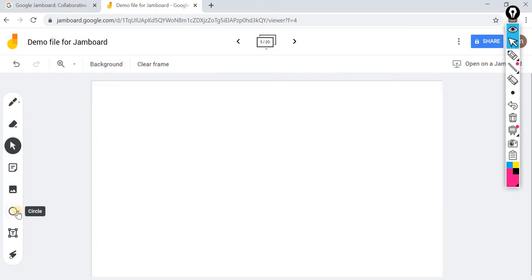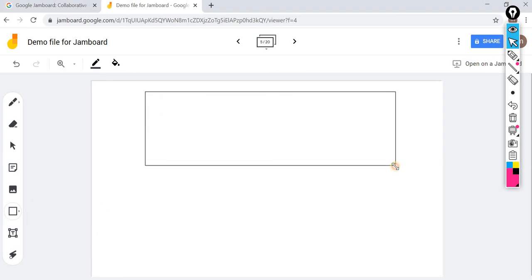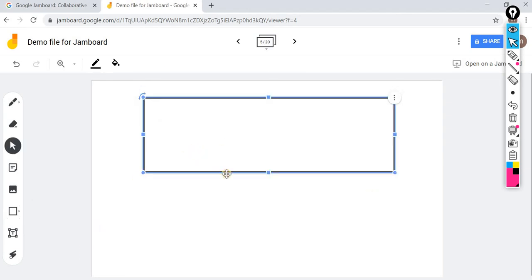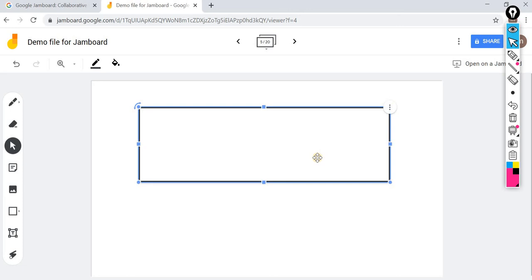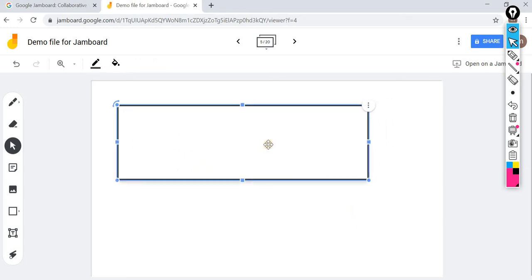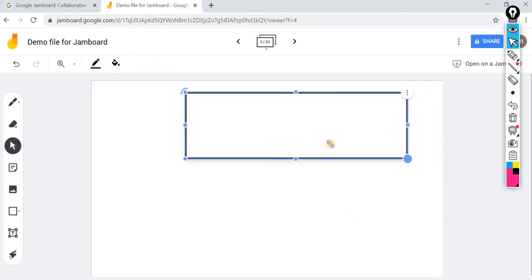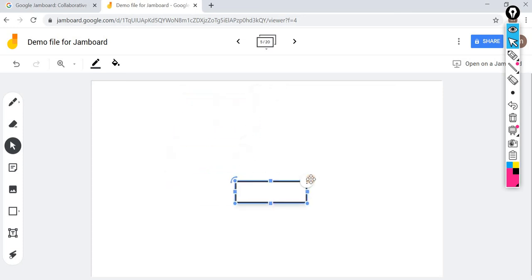Yes, fine. Now I'll use some figures. Now you see that white color is shown here, that this option is enabled. I can select any shape and I can draw it. And the advantage of this Jamboard compared to Microsoft Paint is that in Paint, once you use this option, you cannot modify it, but here in this Jamboard at any point of time you can remove it anywhere. Okay, and you can go in this way, you can expand in all directions.